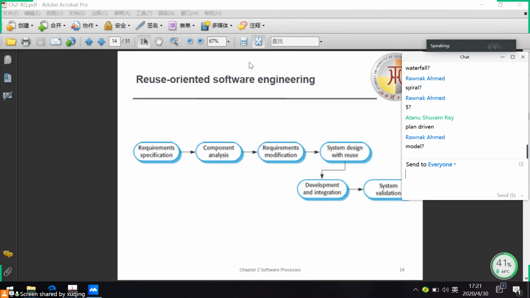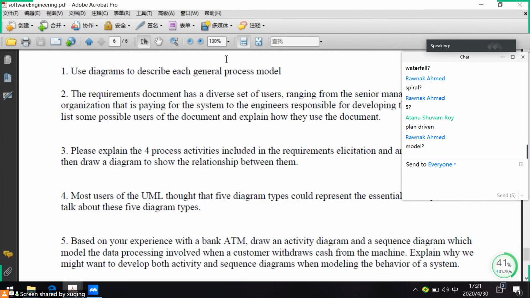Is it clear for this exercise? Diagrams to describe each general process model. And Kaya has designed it by herself too. I think I have said that it's better to draw it by yourself. And I found that Roya and Kaya have drawn it perfectly. And then for the second exercise, we are asked,